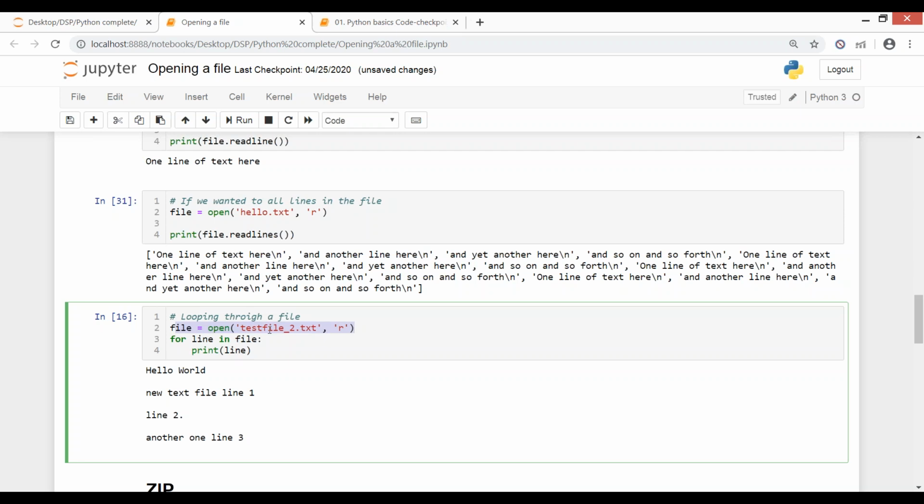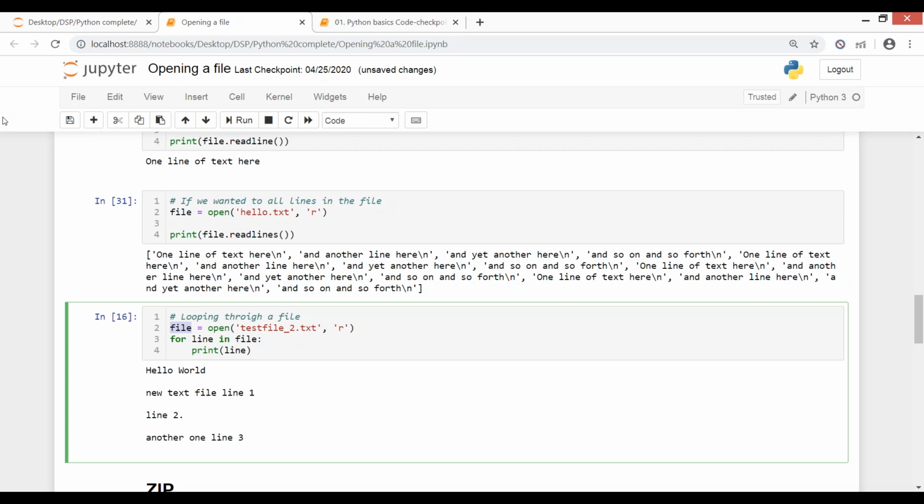Again, my read operation, and what I'm reading is this file_2.txt, and then I'm printing that line. So you see, I'm able to print. It's a similar thing, there's not much difference. Either use dot read, that will also give you the result, or you can iterate over the object and get the result line by line.